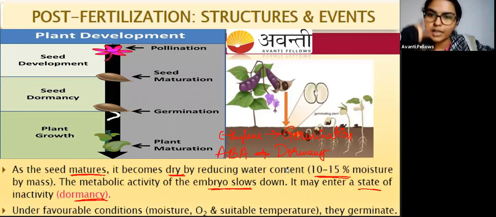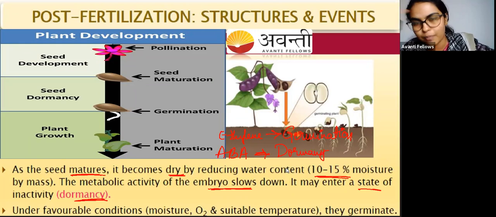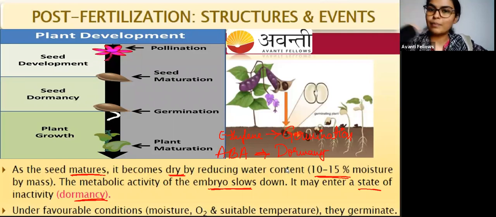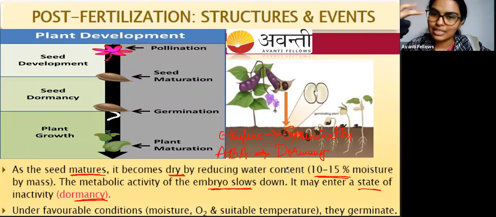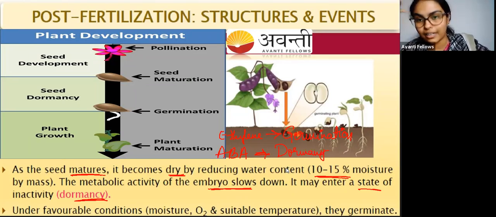For example, I told you, pea plant is actually non-endospermic, that is non-albuminous or ex-albuminous, and it is ready for germination. But you are in Navodaya now, I was also in Navodaya, and I have seen that they make sabzi from pea there. That is dry pea, they have dried it. So one thing is they completely dry the seed, and the second thing is if they expose the seed to ABA, abscisic acid, then the dormancy will be promoted. So this is about the dormancy, guys.